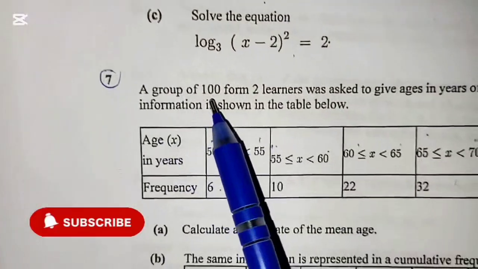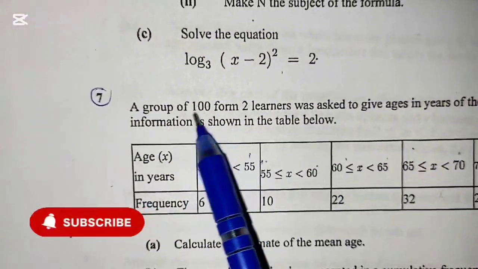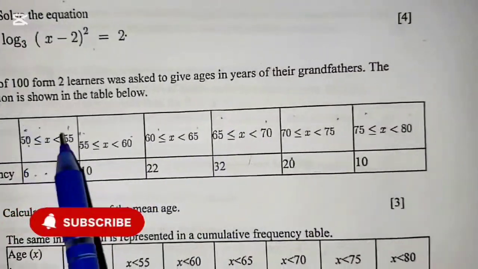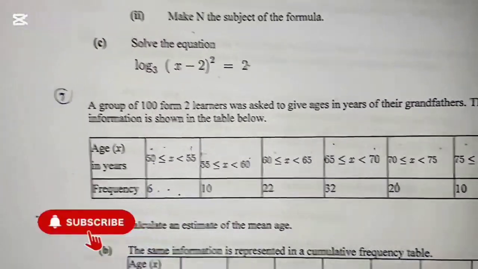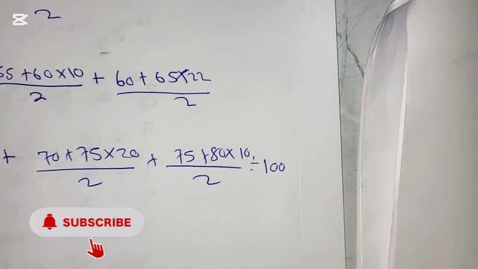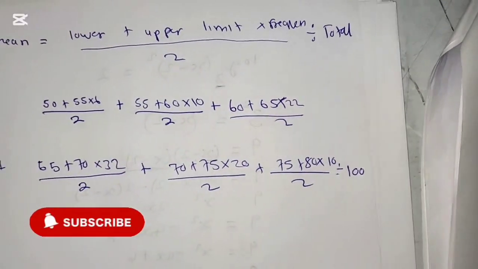It is given a group of 100 Form 2 learners, okay? If they did not mention it, you can add the frequency to get the total number, right? So it's divided by what? Divided by 100, okay? So I'm going to use my calculator here. So we're going to say 50